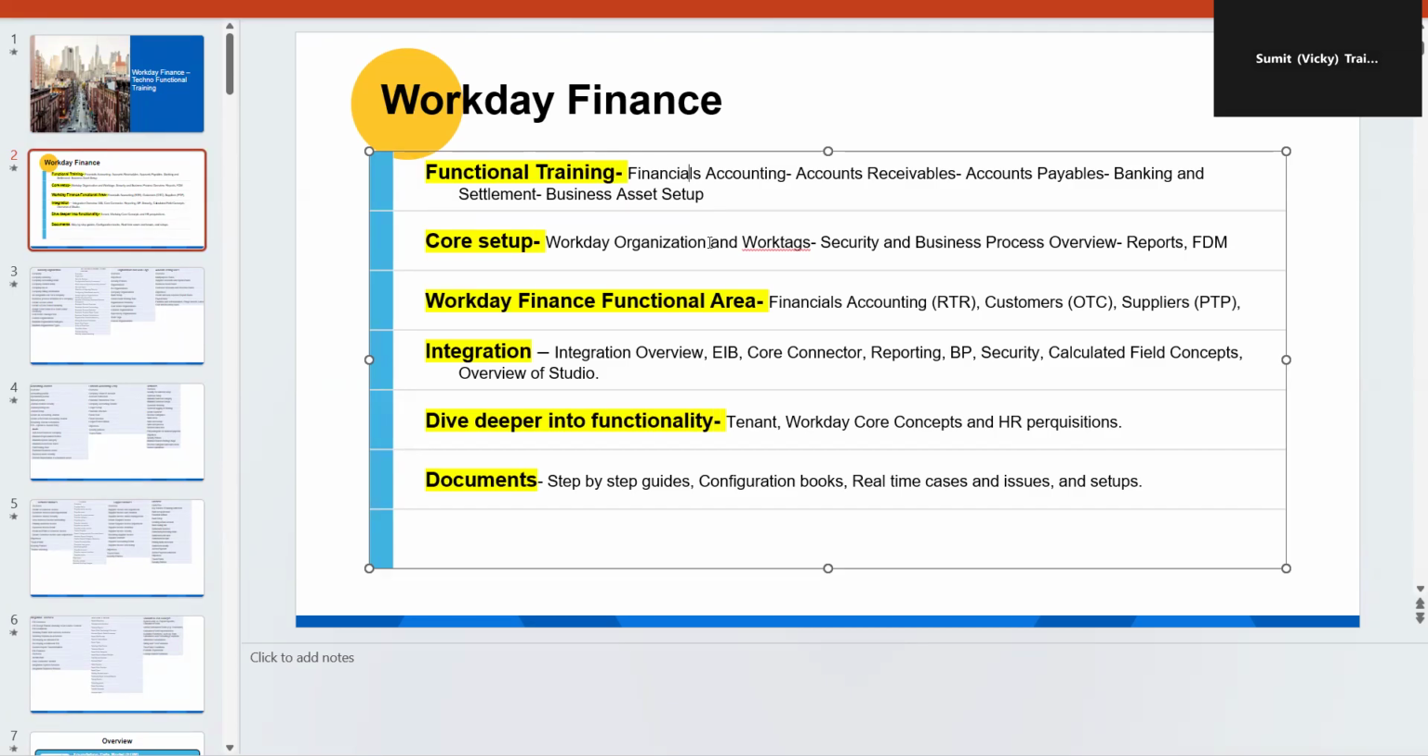So it is financial accounting, then accounts payable, then accounts receivable, banking and settlement, business assets. Under accounts payable, you'll be setting up supplier invoice, customer invoice, and other related setups and adjustments and payment processing. Settlement, which is also banking and settlement, can be part of your financial accounting, which is called R2R. In Workday we call it financial accounting. In legacy financial systems it is R2R, order to cash,